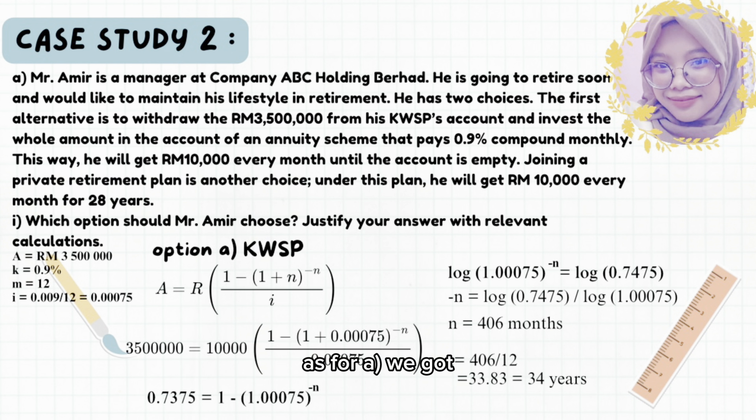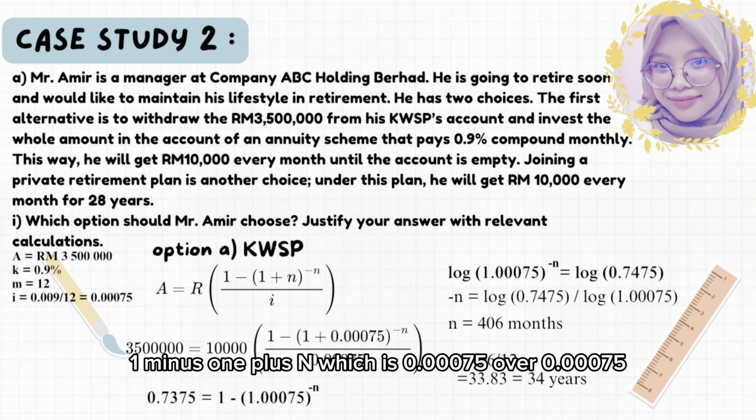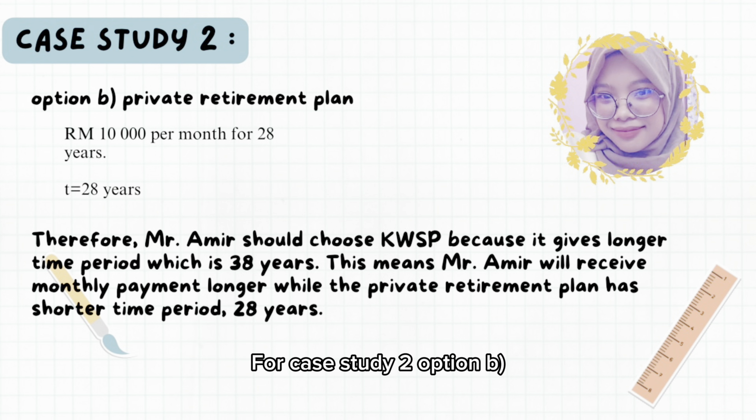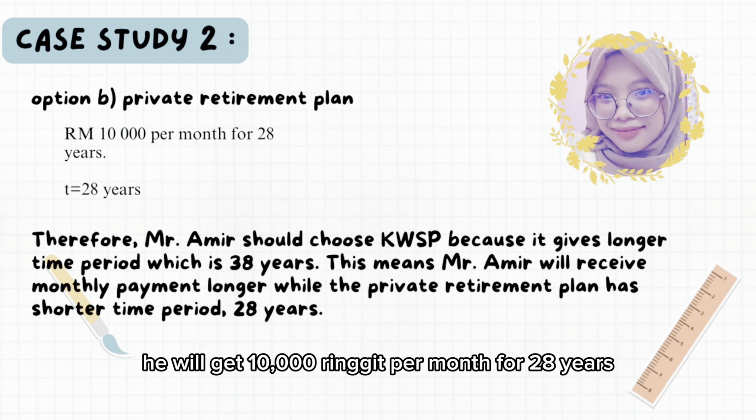As for A, we got 3,500,000 ringgit equal to R, which is 10,000 ringgit, times 1 minus 1 plus I to the power of negative N, over I, which is 0.00075, and you will get 34 years. For case study 2, option B, which is the private retirement plan, he will get 10,000 ringgit per month